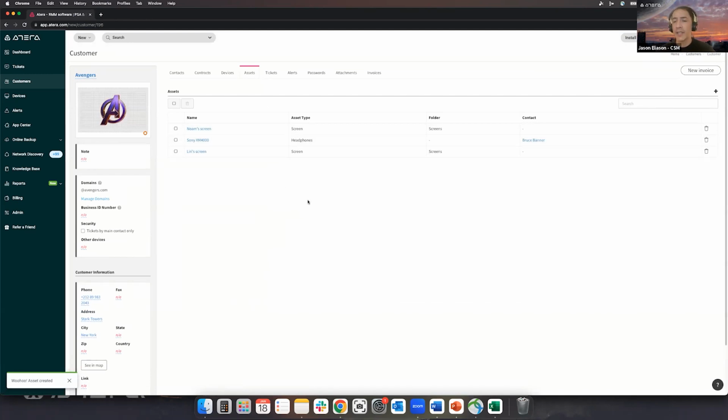Now you'll see all the assets under this specific customer or site. And like I mentioned before, this is something that I feel is a very strong feature: instead of having something separate on the side, like an Excel sheet, everything's going to be in Atera. And what's nice is that soon, not at the moment, but soon, we're going to allow this to be reported